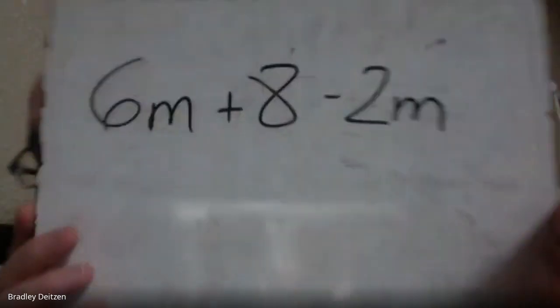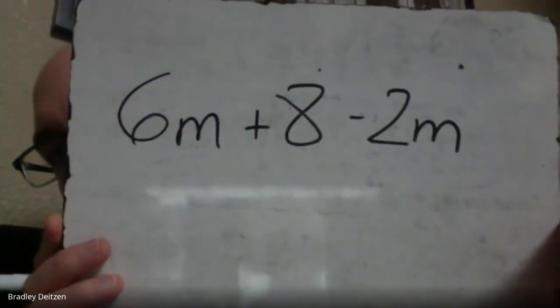So let's do some where there's ones that have a letter and some that don't. So let's go with like 6m plus 8 minus 2m, right? So we have 6m plus 8 minus 2m. And what I would recommend when you guys are working on this, and I think the video that I included with the pod for this